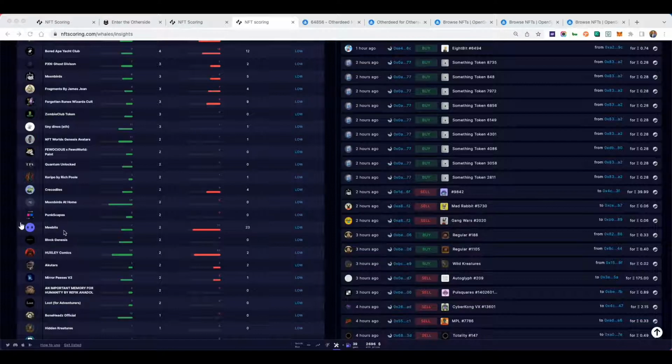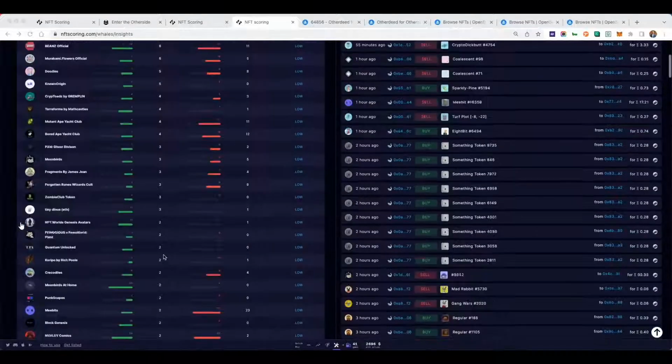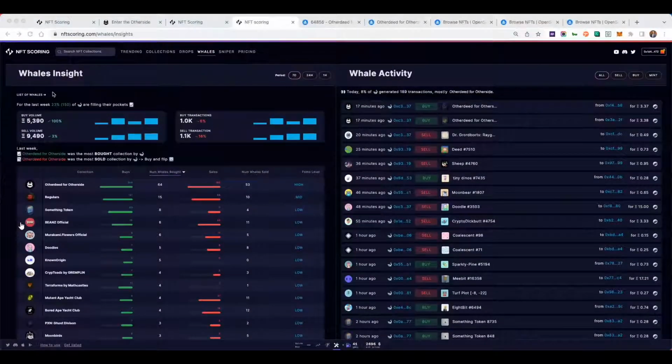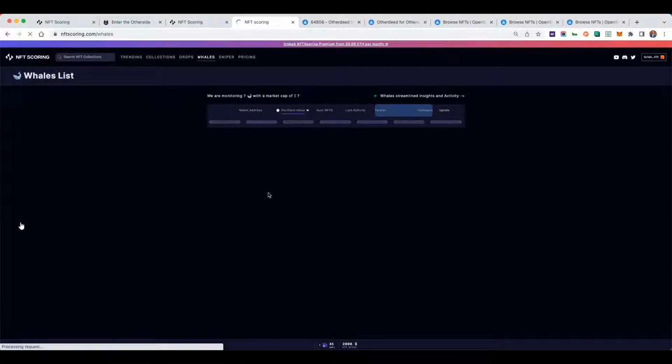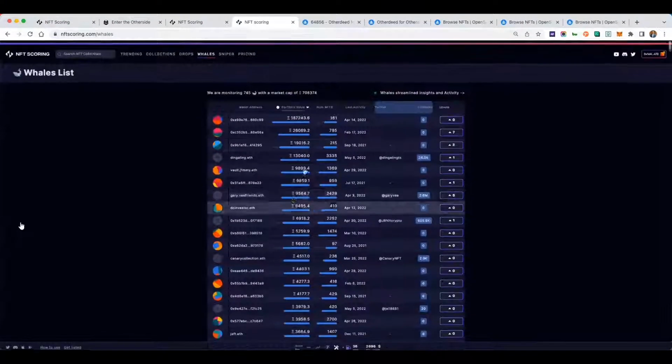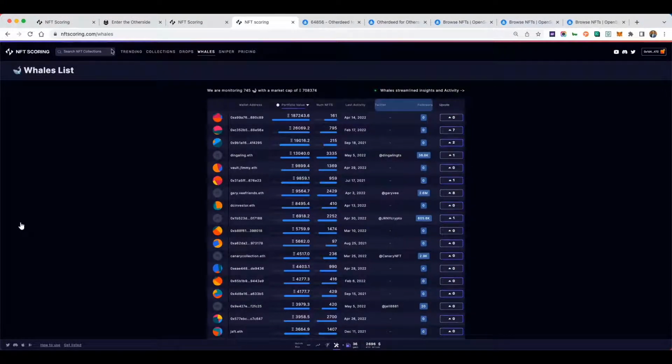So yeah, I couldn't agree more with you, man. But then again, this is what the whales are doing, right? The data is there. Do I believe it's a great entry point? Absolutely. And then we see other projects like this one, which has similar uncomfortable numbers, but then again, it's only 2 whales. If you click on list of whales, you can see the whales there. You can see their wallets, what they hold, and even some of their Twitter.